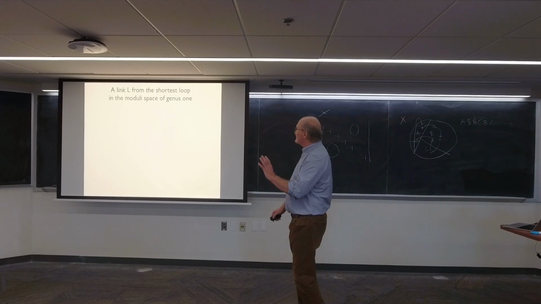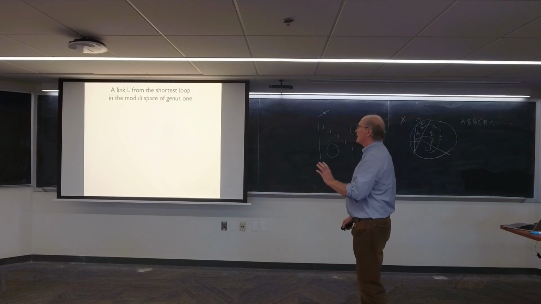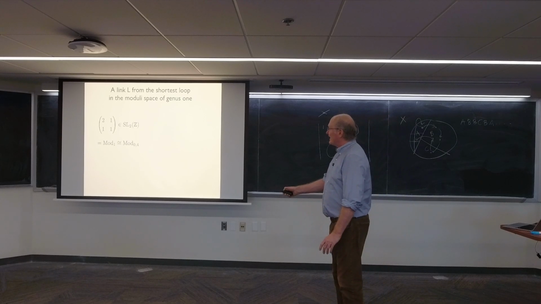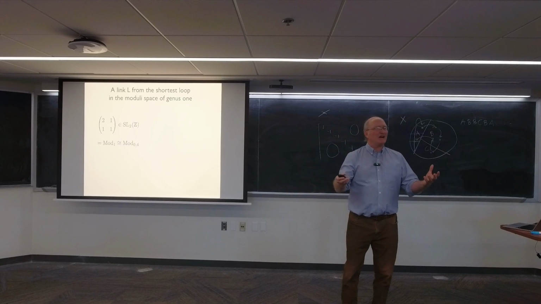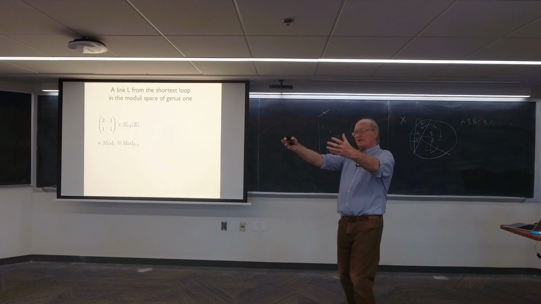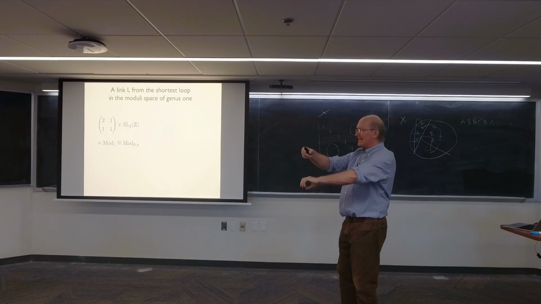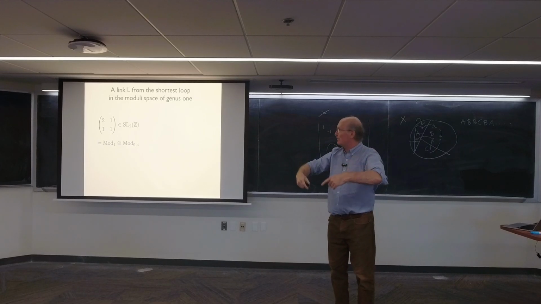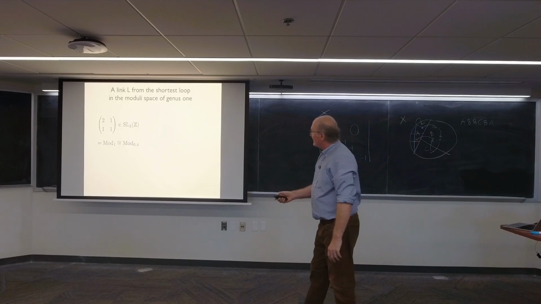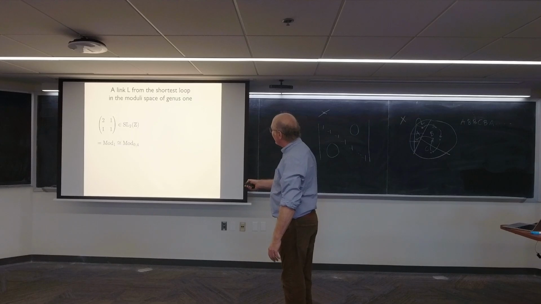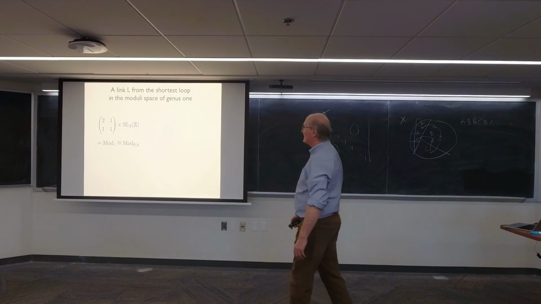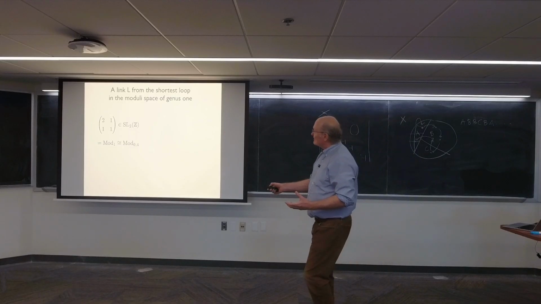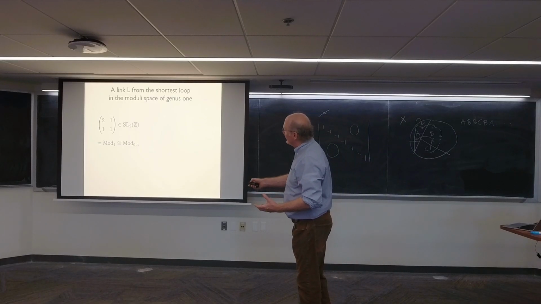But what I want to emphasize about this theory is the following. From this matrix, you get a map of a torus to itself. Well, the quotient of the torus by x goes to minus x is a sphere, and there are branch points to that map. So this group SL2Z is essentially the same as the mapping class group of a sphere with 4 marked points. And what that means is that there's a braid associated to this